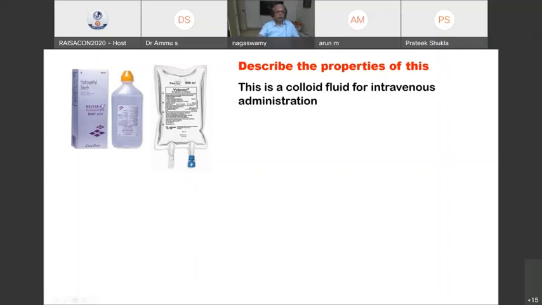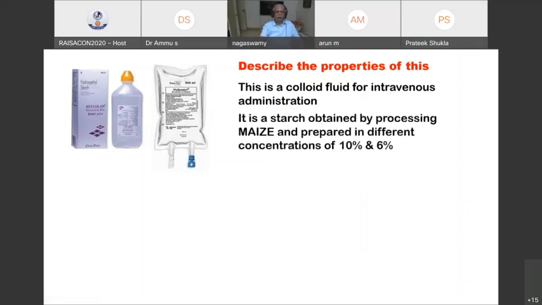It is a non-ionic volume expander used in intravenous therapy, sir. But what are these things? What is this 6%? What is this 450? What do those things represent? It is a starch obtained by the process of